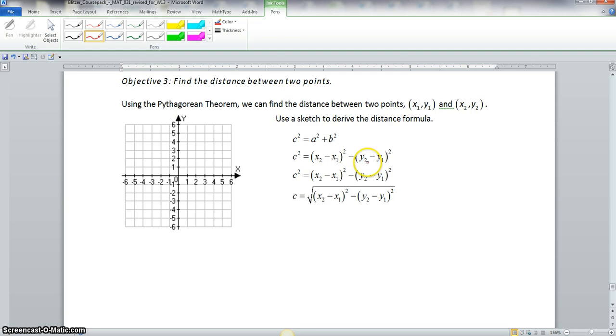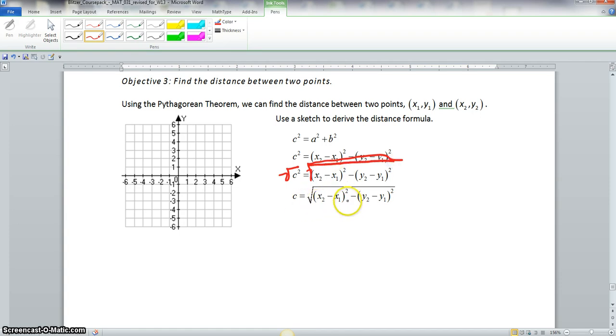And then we would take y2 minus y1. So y2 minus the original distance, and that's squared. Now, if you notice, I wrote this twice, but I wanted to show you this here. Our next step after we wrote this out is to take the square root of both sides. Okay, so now we have the square root of both sides, and that leaves us c is equal to the